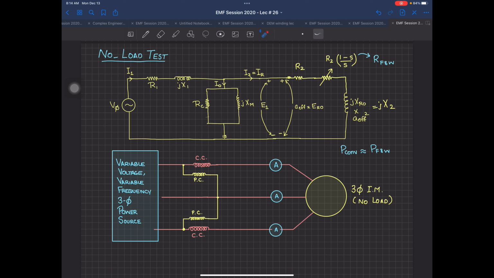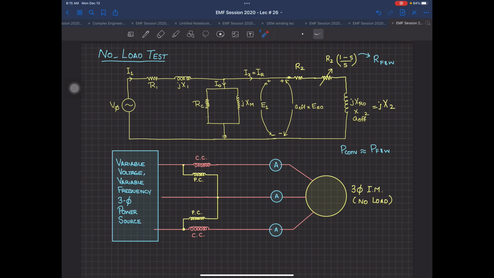Here, the problem for the no load test for a motor is that a motor at no load means that it's still turning. It's still giving out some mechanical output power, and that mechanical output power is being used to overcome the friction of the bearing, the friction of the air, or the windage losses which are happening inside. Because it's not a vacuum, it's actually filled with air. So the problem over here is that this is not an open circuit at this point or anywhere here. This is actually a short circuit over here. Not actually a short circuit, but using some resistance over there.